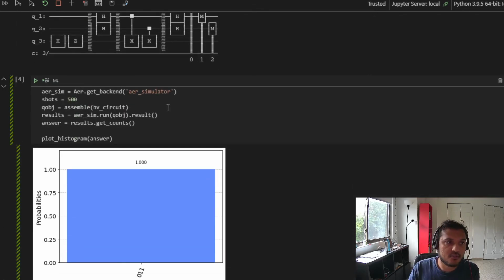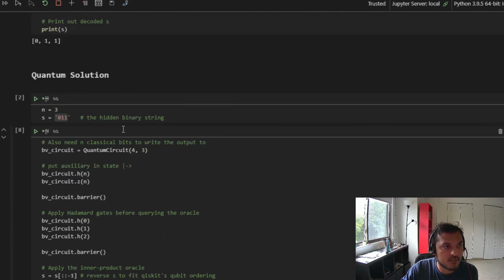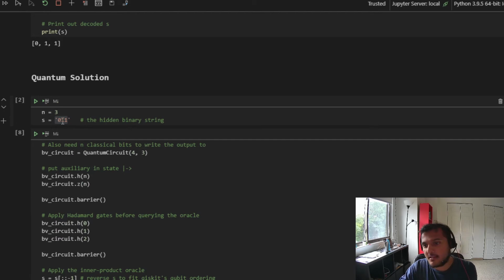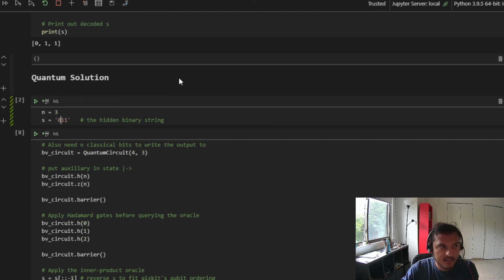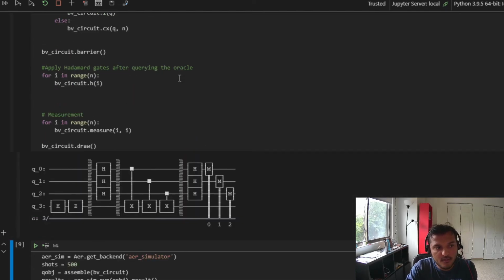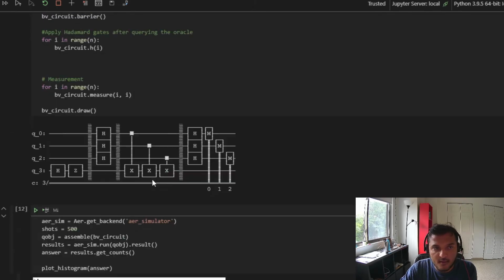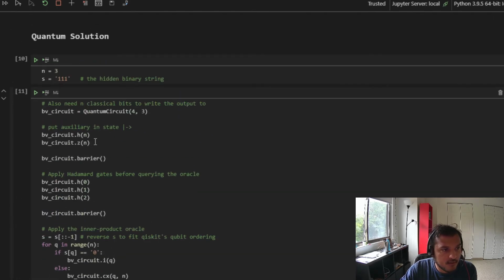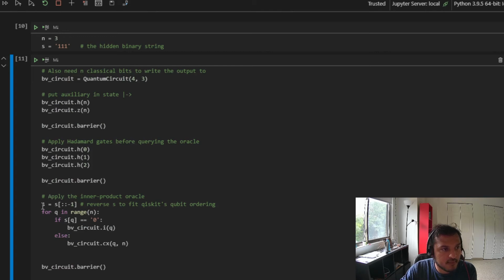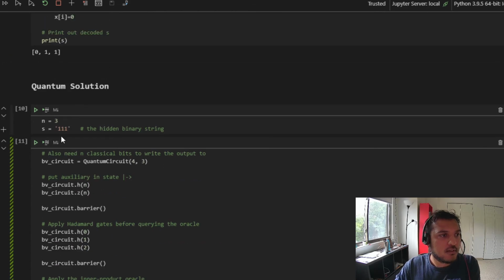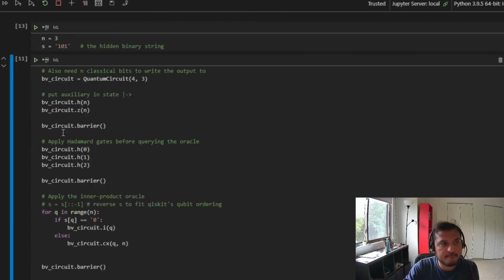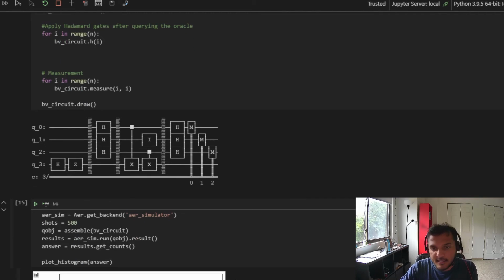And then I just run it on my circuit and then I get 110. So we get 110 because it's inverted. You should read it as the inverse of that. Now suppose I had 111 and I run it, you see I get 111. So let's try again. Actually, let me comment out this inverse thing. That's the one making the issue. What if I had 101? I get 101 back,